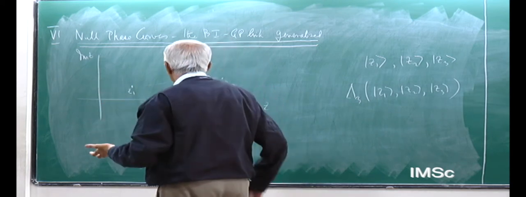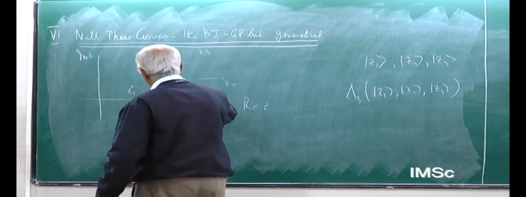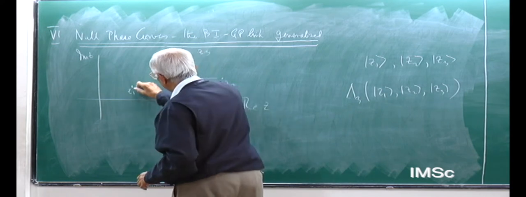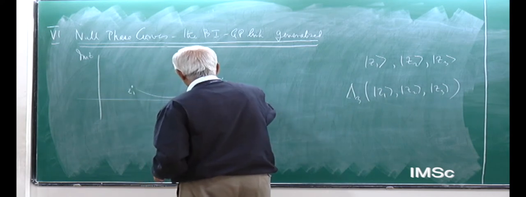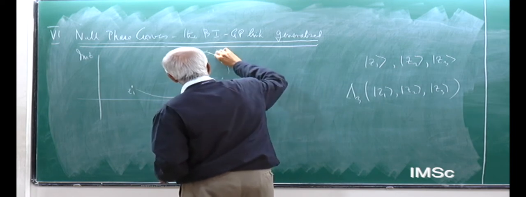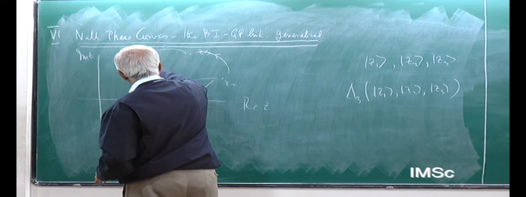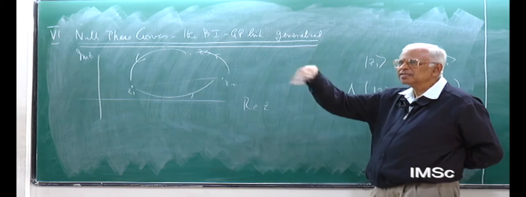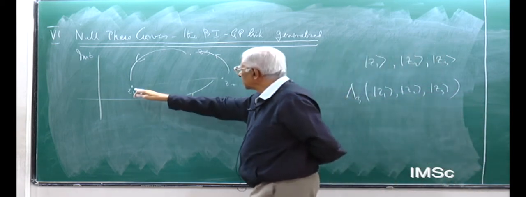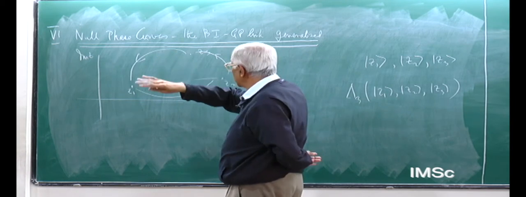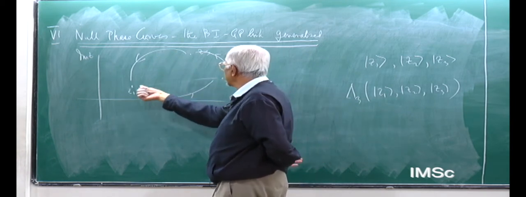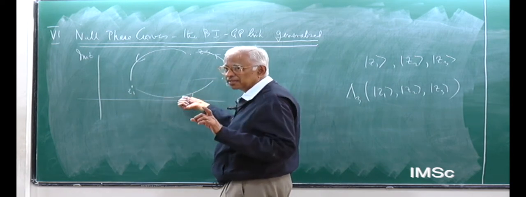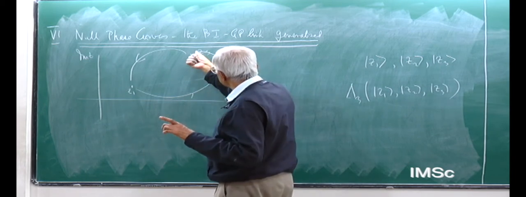However, our theorem says, so how shall I depict that? I am going to ask you to imagine the following. I will draw a curved set of lines, and please imagine that these are some inadequate representation of these geodesics. They are not in the plane of coherent states. They are wandering outside in Hilbert space. This is a geodesic in Hilbert space according to our earlier definition. It starts at a coherent state, it ends at a coherent state. In between, the states you pass through are not coherent states. That's the key thing I'm saying. Here also, they are not coherent states.